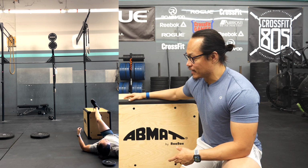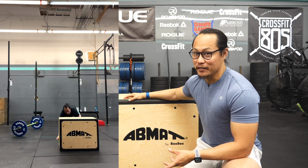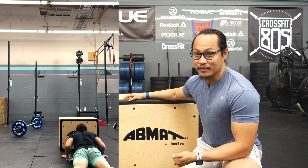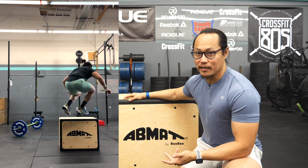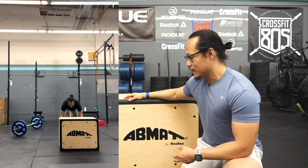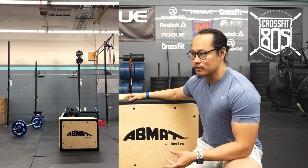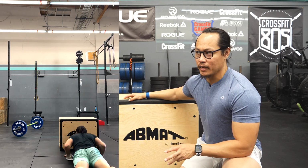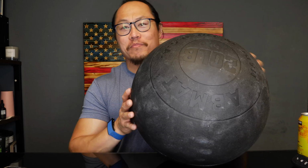And if I had to do it again, I would probably just stock my affiliate up with Abmat plyo boxes, because it is the safest option. It's still stable, it's versatile, it's easy to move around. And I think all of the benefits of having this outweigh the difference in price that you're paying for this box. The next thing that we're gonna take a look at is their wall ball,